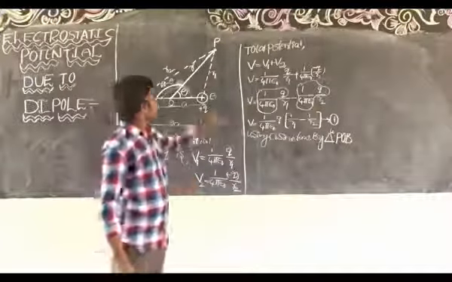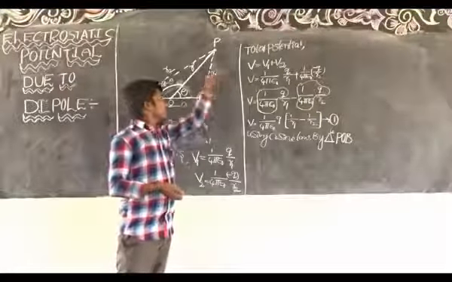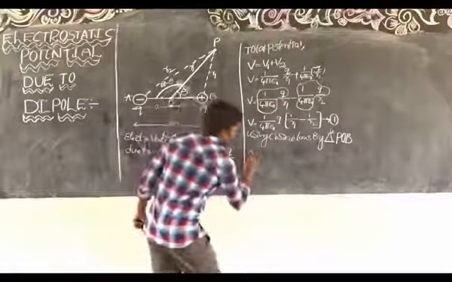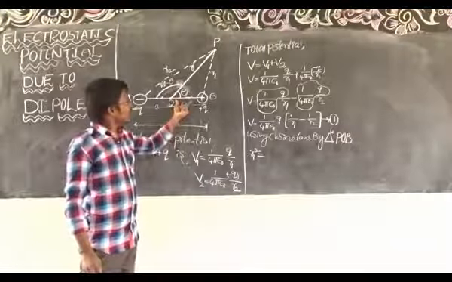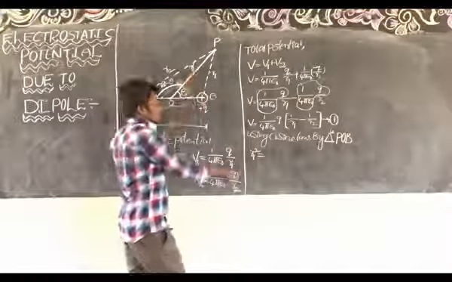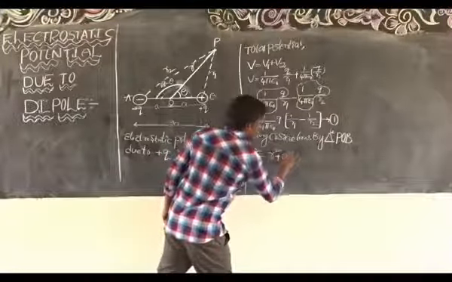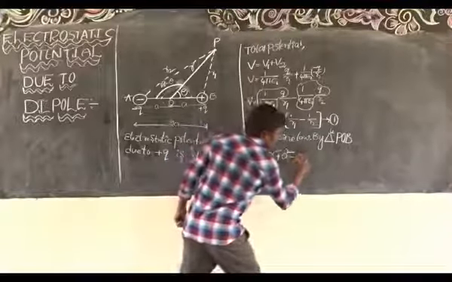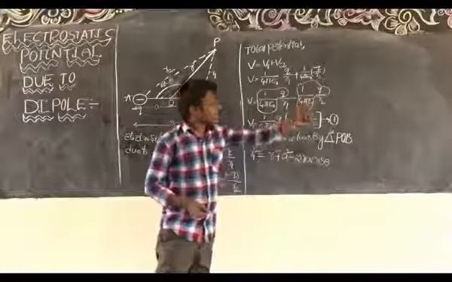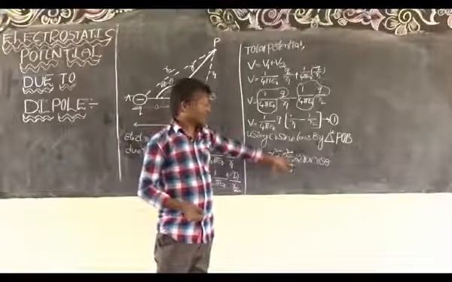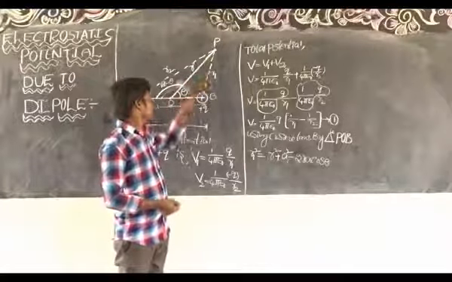So what is the cosine law here? This is the triangle, so what is the cosine law rule? Suppose I take this side first. What is this side name? R1 square. R1 square is equal to, what is the remaining two sides? One is this one and one is this one. So R square plus A square minus 2RA cos theta. This is the cosine law rule I applied from our diagram, from this triangle.